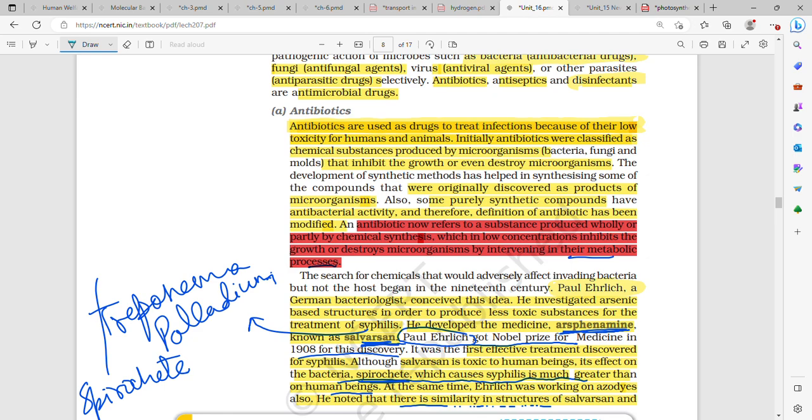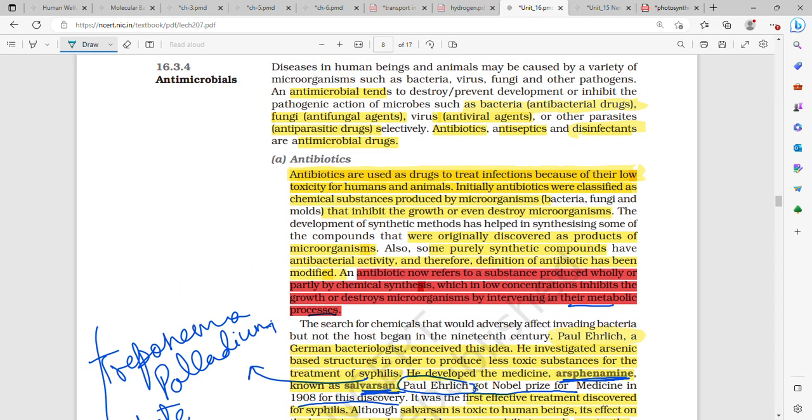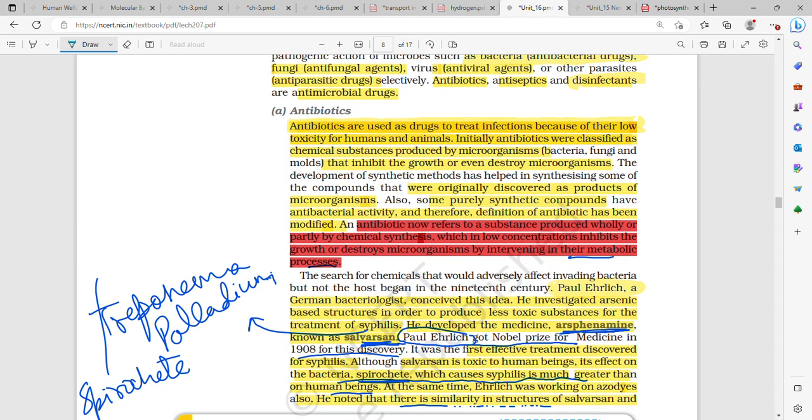Antibiotics are to inhibit microbes inside the body, that is, we have to ingest them. For example, for bacteria, antibacterial drugs; for viruses, antiviral drugs; for fungus, antifungal agents. Then antiseptics, which we put on our skin. We don't ingest them, but use them for cleaning wounds, while removing stitches, or for external use. And disinfectants are put on inanimate objects. They are not put on human beings.